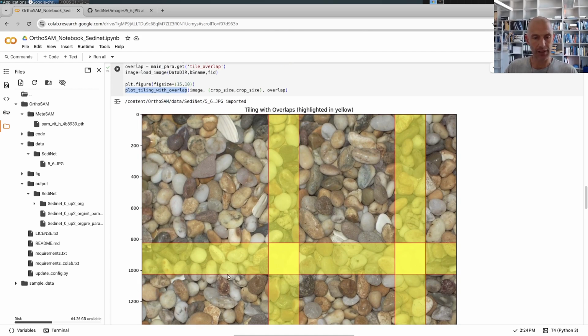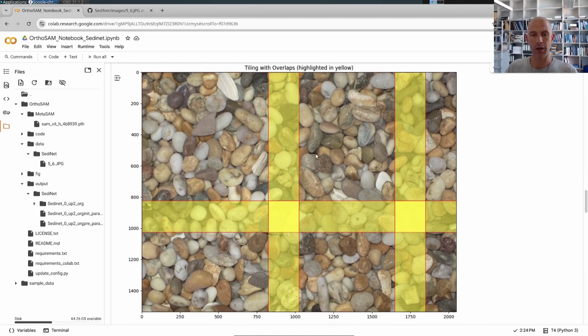This tile here is the first 1024 by 1024 tile, and then we have a 200 pixel buffer overlap, and this is our next tile that we are generating. So this is then the second tile. Altogether we have 1, 2, 3, 4, 5, 6 tiles. So we are tiling our roughly 2000 by 1500 pixel image into 6 tiles,